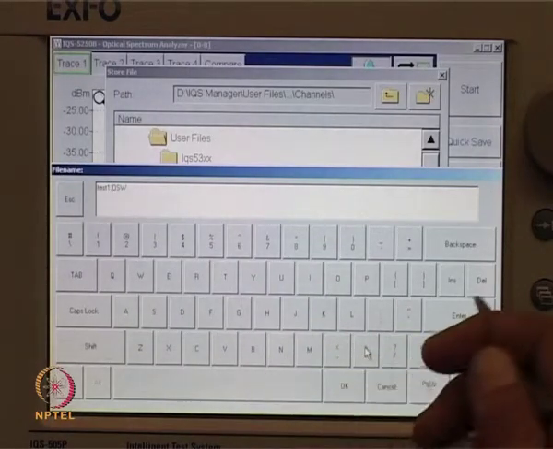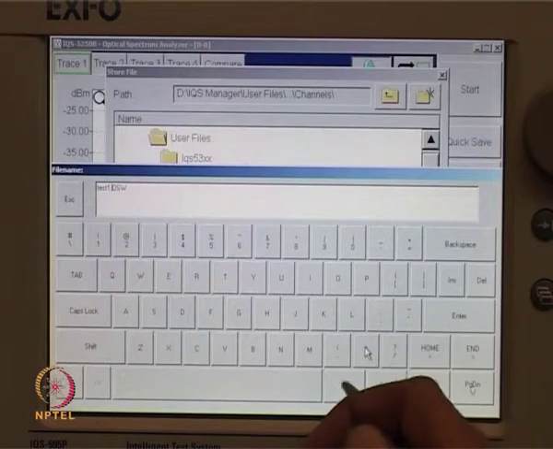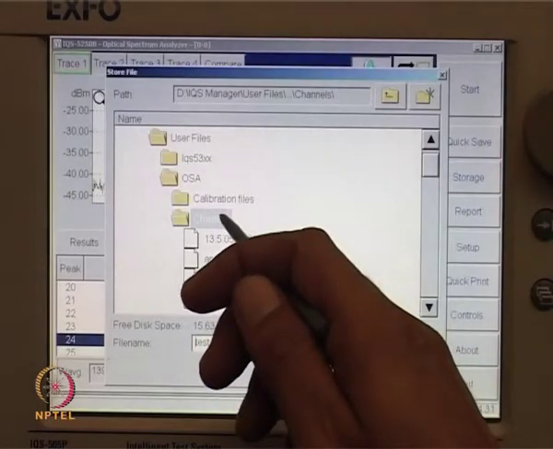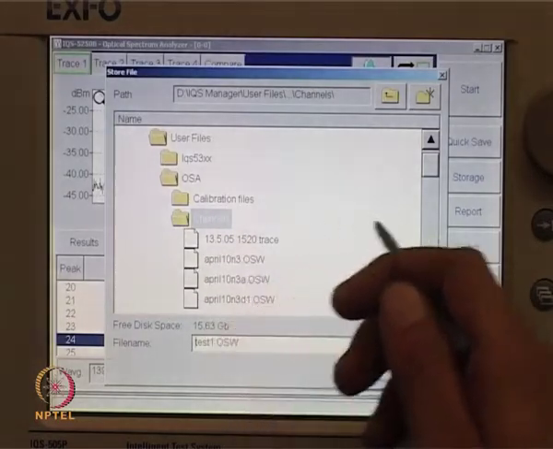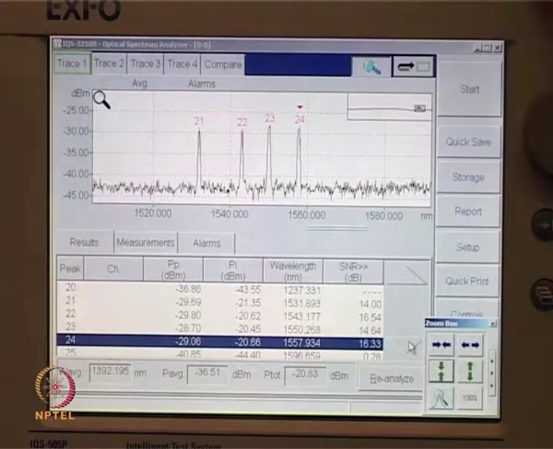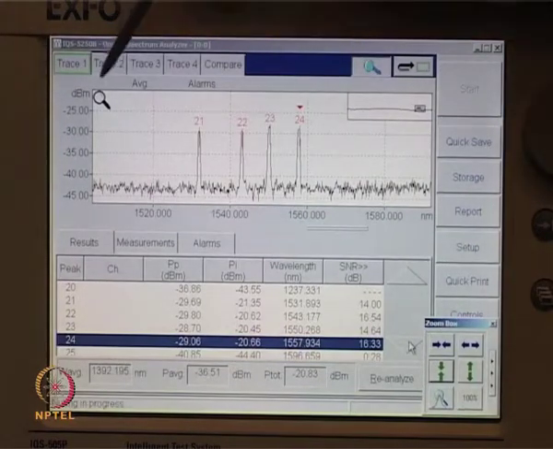Say OK, and the file is saved in a channel directory. This is for trace 1.